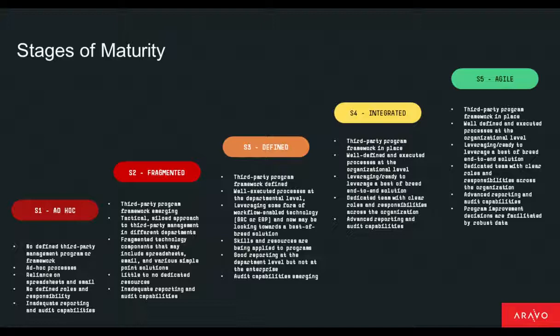So we'll dive into these stages a little bit more deeply shortly. And as we're doing this, I'm also going to be asking Dave for a few more observations about the different ways that organizations are approaching these today. But before we jump in and do that, let's just take a quick look at what some of the research tells us about this maturity journey.